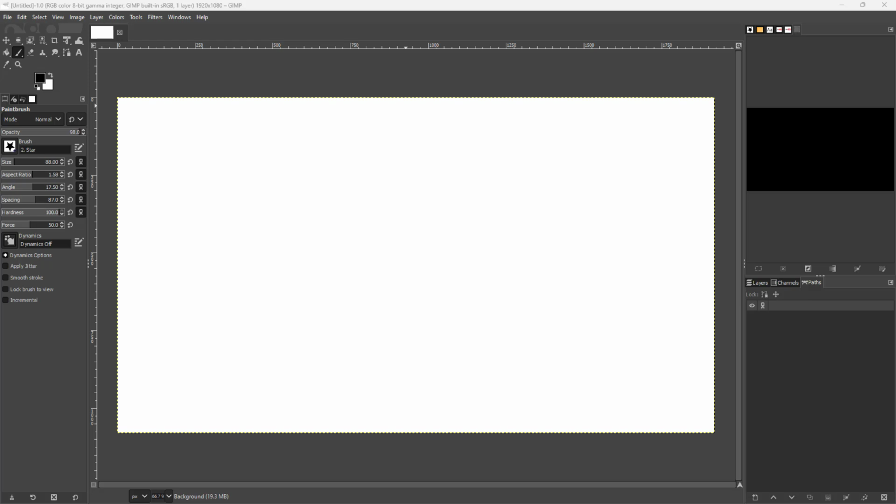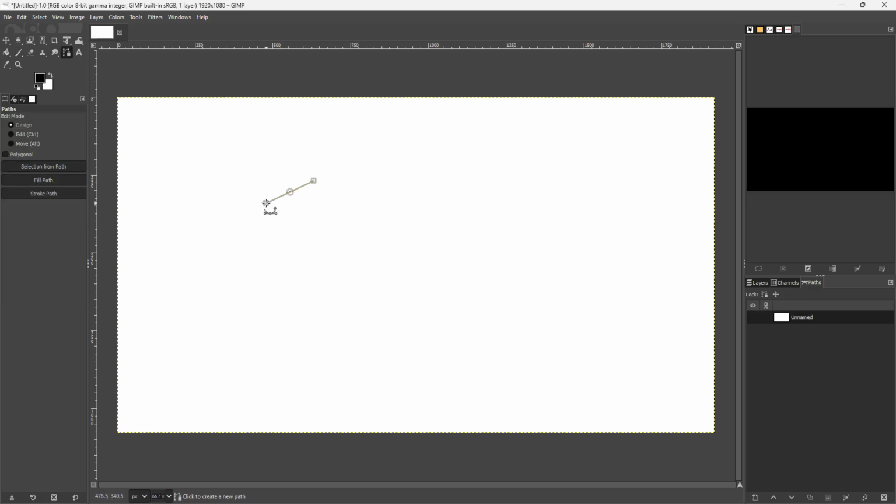So now let's see how we can transform paths inside of GIMP. To do that, I'm going to make a path first, just like this. I'm just going to make a random path over here and close it out. And in order to